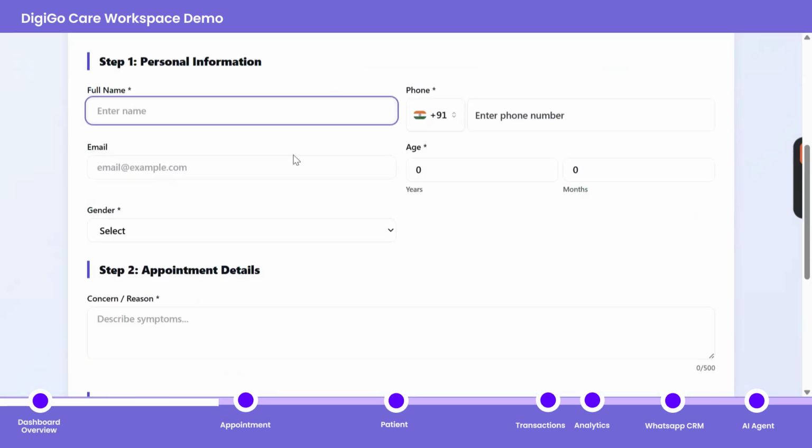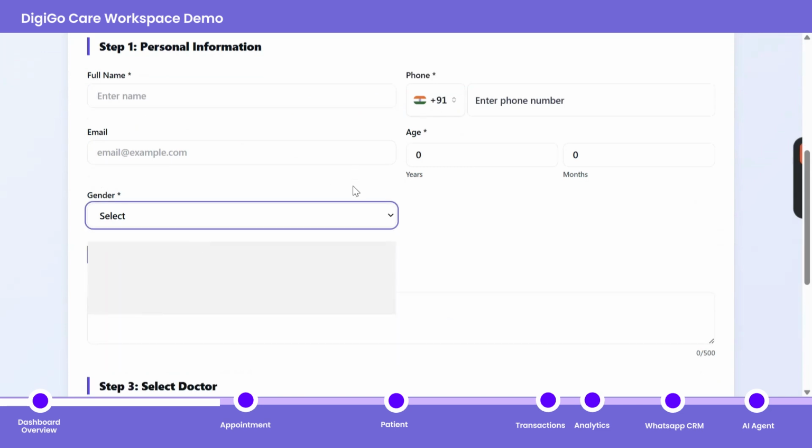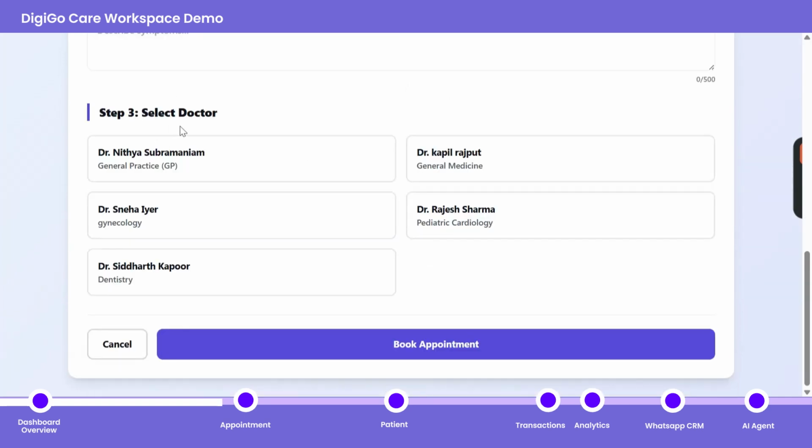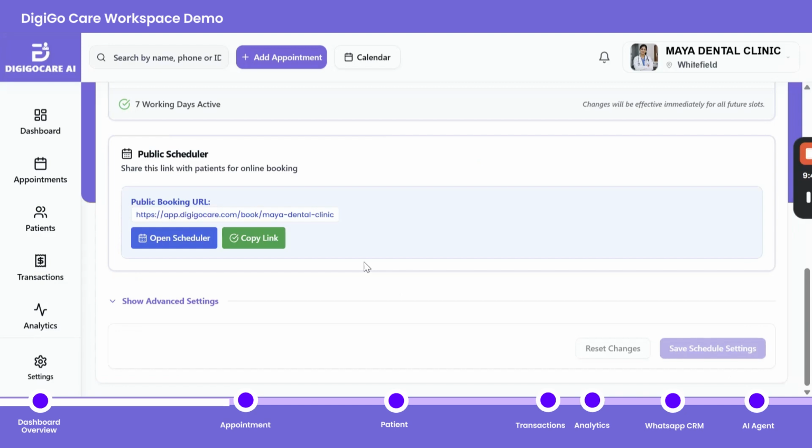So name, phone number, email ID, age, and select gender, and then appointment details, select doctor, and then book the appointment. Once the appointment is successfully booked, it is automatically added to the clinic's appointment management. The patient can also receive their appointment confirmation through the configured WhatsApp communication.